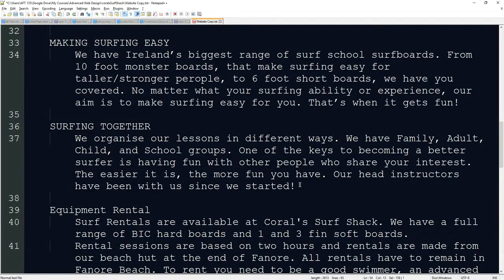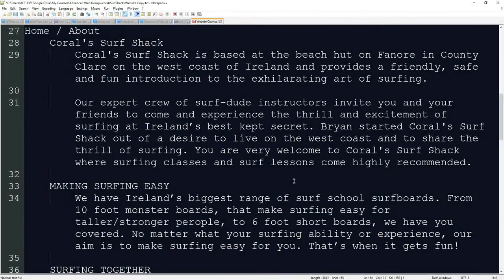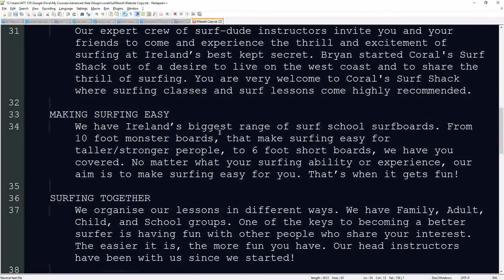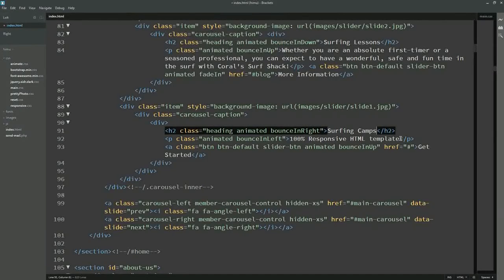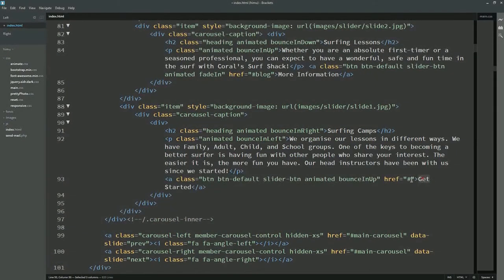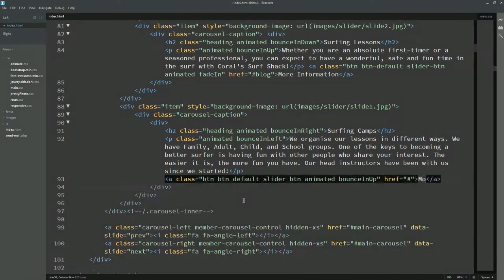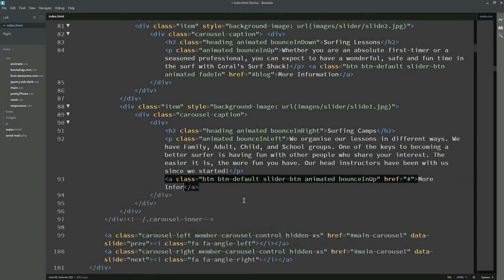I think I can take this one here. That's perfect, that will do me. So surfing together will be a nice write-up for that one. So place that in there. And then I can again say more information. And this is also going to go down to our blog, because our blog will contain all that information,